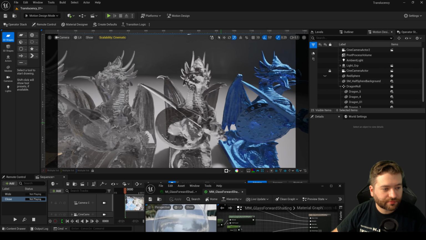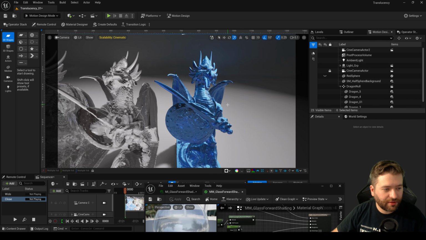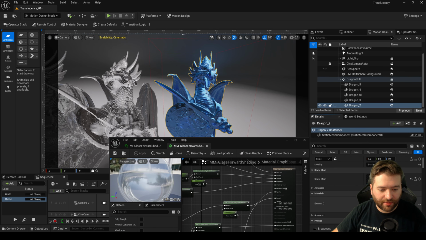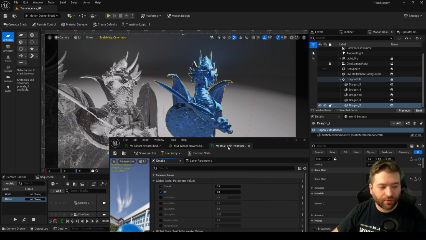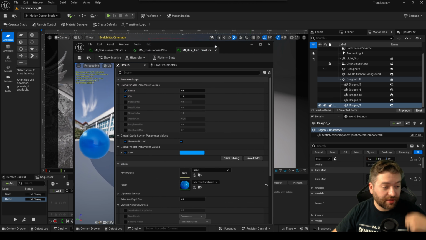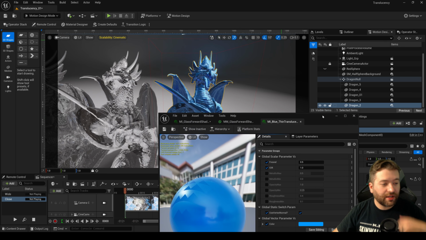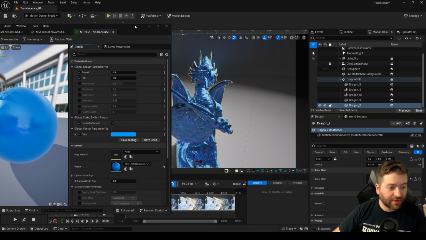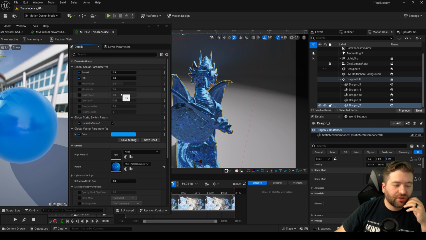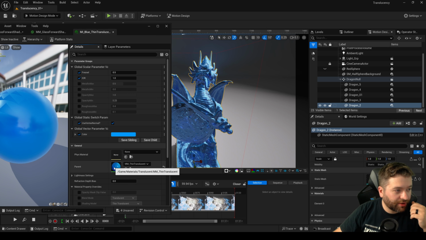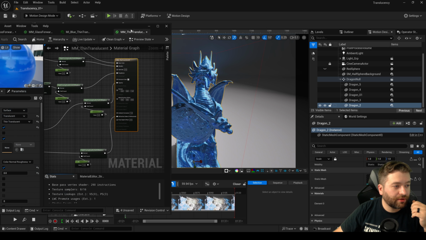Okay. So let's move on to the last guy here. And what is so special about him is this is actually a really cool shading model, and it's called thin translucency. So this is used for things that have a very thin surface. And in the real world, when you see these kind of things, think of almost like a thin plastic or a thin glass, but usually they're tinted in some way. Okay, so what you can do with this model